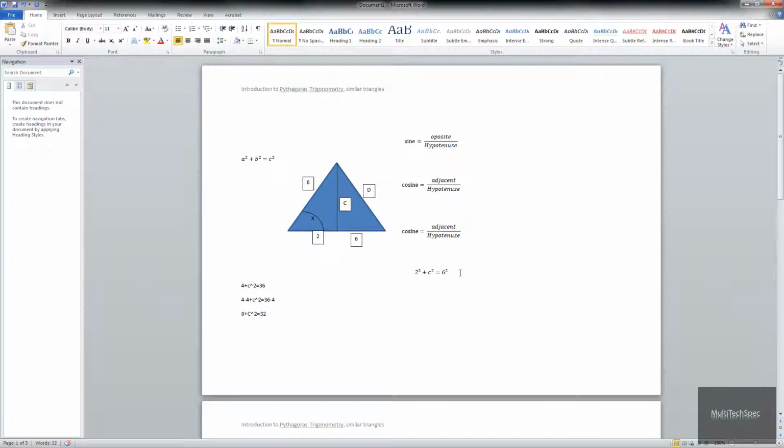So in this example, it would be c squared to the power of a half, which in effect will equal c. If we apply the same logic to this part of the equation, we end up with c squared to the half